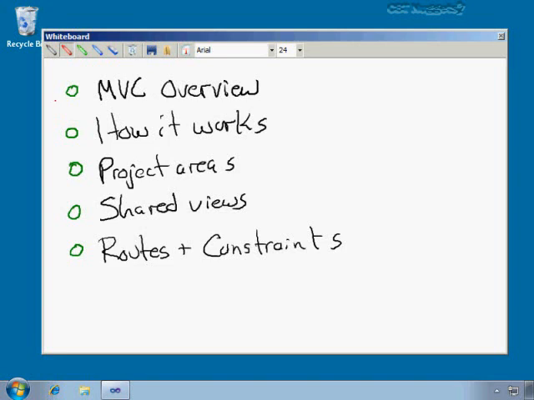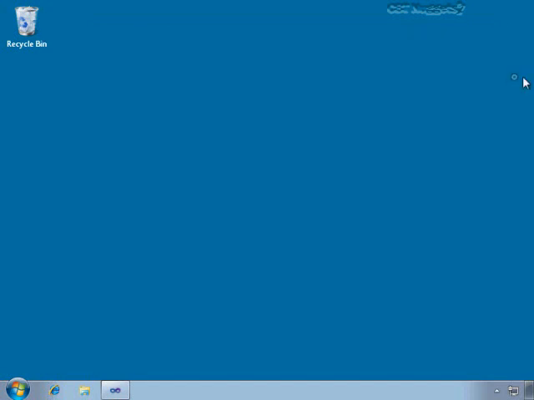So we've covered quite a bit of ground in this nugget. We looked at an overview of what MVC is and how it works. We talked about organizing your project into areas, showed you what shared views are and how those work, and showed you what routes are, how they work, how to create your own custom routes, and how to pair those with route constraints. I hope this has been informative for you, and I'd like to thank you